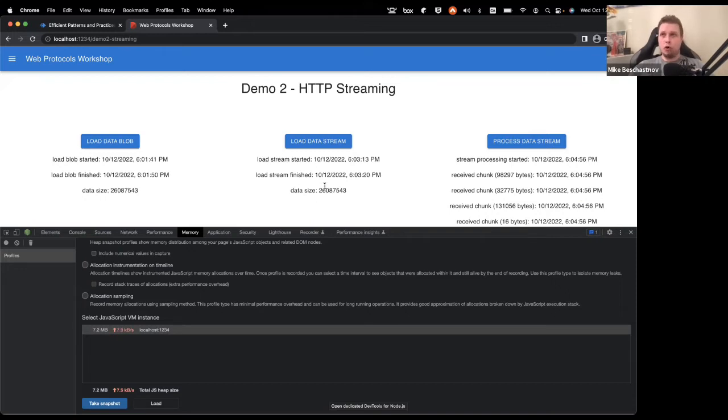So basically, for your format to be streaming friendly, you need something that delineates chunks of data. For example, in CSV, it is very simple because every row in CSV is delineated by the newline sequence. So every row there can be parsed independently, and you can render row by row in the CSV. Another example is the so-called JSON-L format, which is actually like a regular JSON, but instead of passing the array of objects, you pass